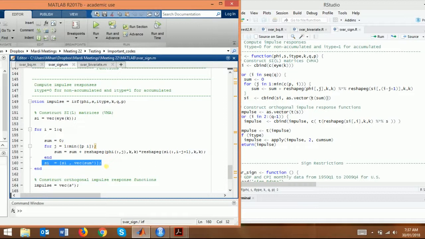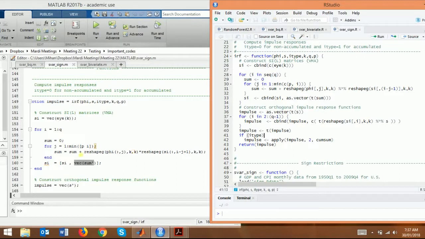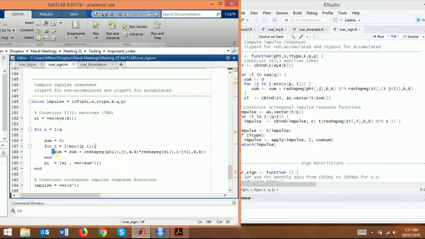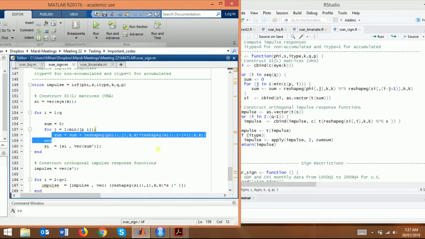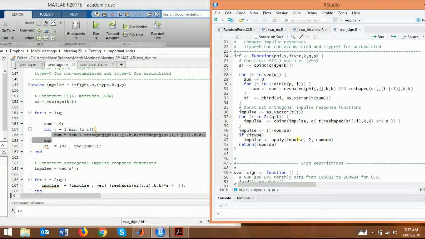Then psi is psi and vectorizing sum transpose. We need to vectorize the transpose of the sum. Sum might have been a matrix, now it will be a vector. Sum 0. Beautiful. So storing here the autoregressive moving over each parameter,